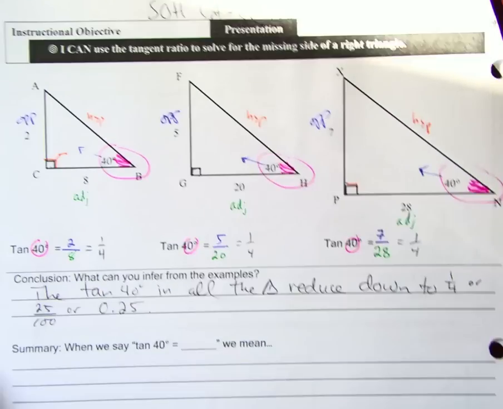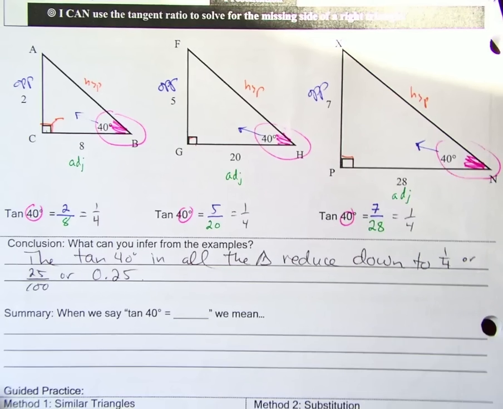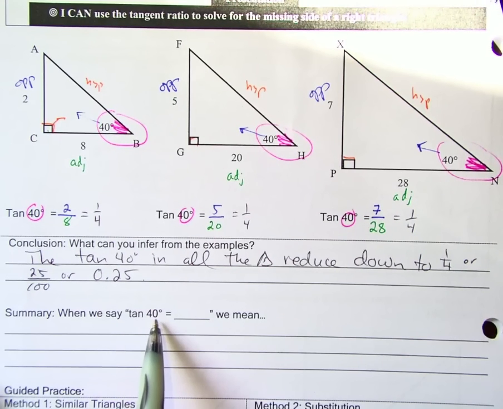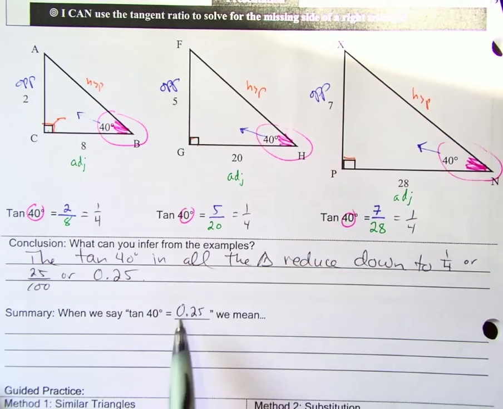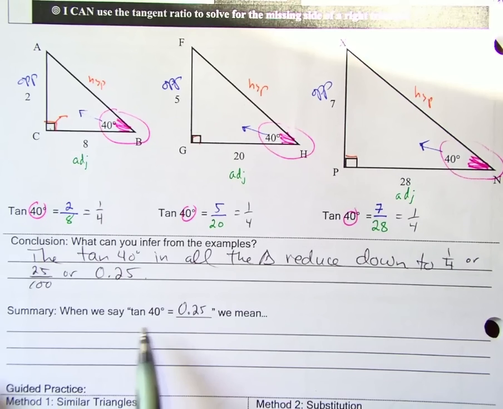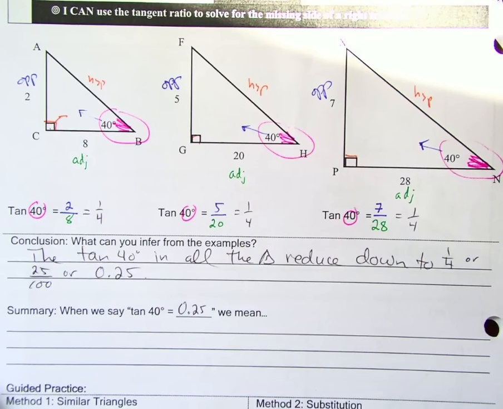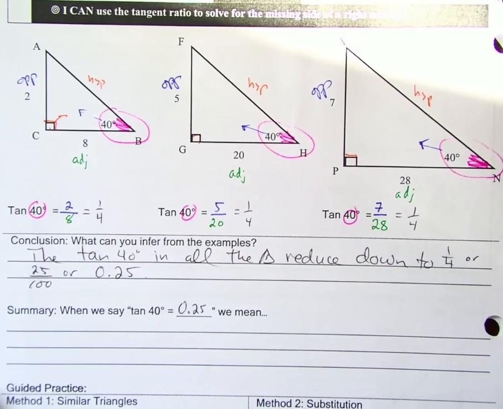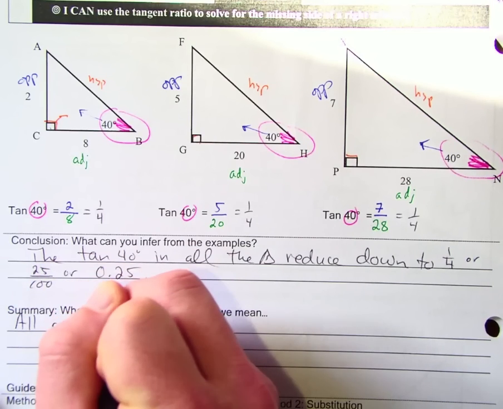And basically what we're saying, and this is the most important part, when we see tangent 40 degrees, we can say it's equal to 25 hundredths, which is really just 1/4. Tangent of 40 degrees is always going to be 25 hundredths, or 1/4. It's always going to be that way, and this is why. We mean all right triangles